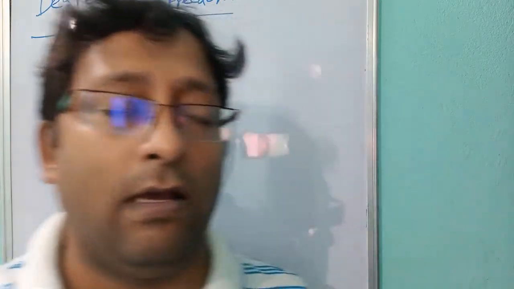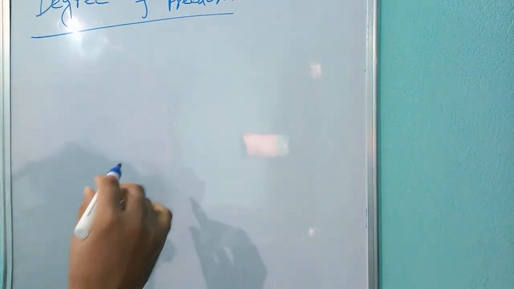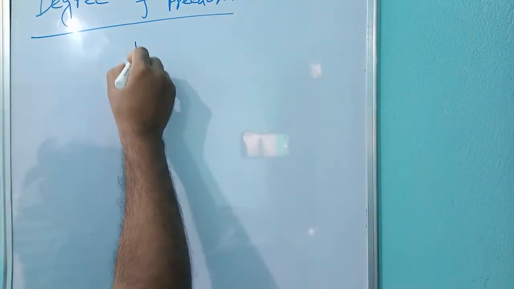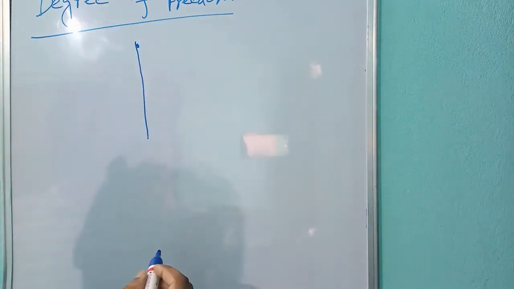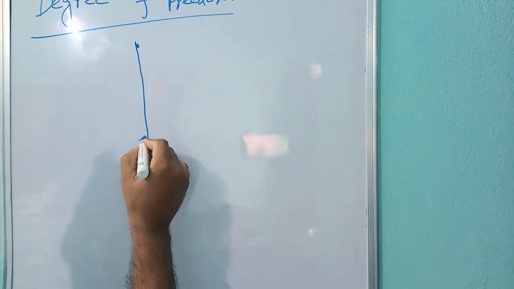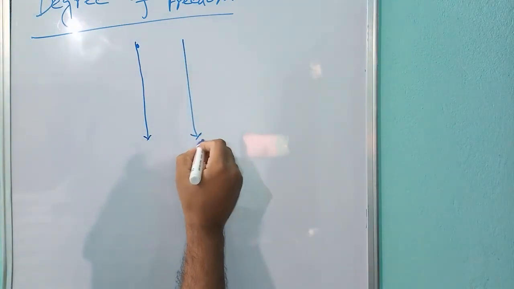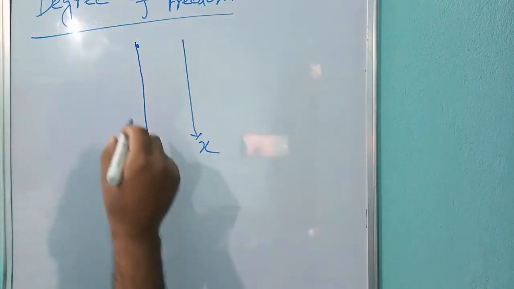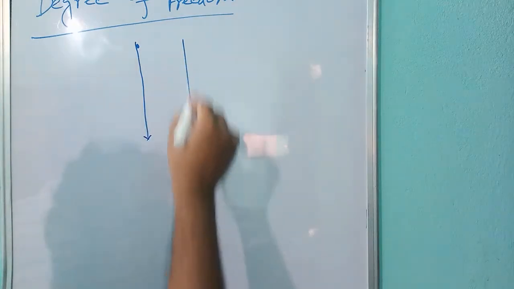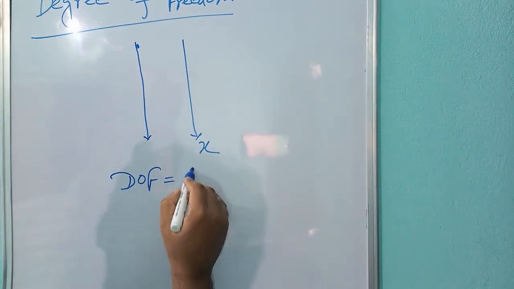For example, if I take some example for explaining this one, suppose an ant is moving in a particular direction. Suppose there is some insect, which you call chinti in Hindi. Suppose this ant is moving on this wire in this direction, and if this axis is along x, so the degree of freedom for this ant, since that ant is moving along x axis, will be equal to 1.